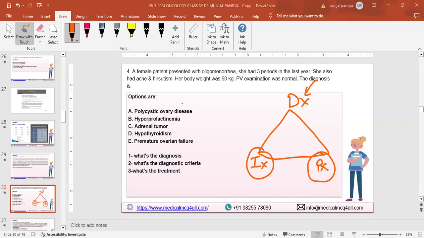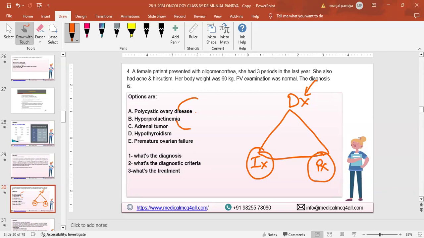Because in every question there is a favoring point. Every question has a favoring point, but we never look into it. Whenever you make a diagnosis, it is absolutely there in the scenario. If you read the scenario well, you can answer any question because everything is there. Yes, tell me. My only question: why is it polycystic disease and not hyperprolactinemia, and how do you differentiate?